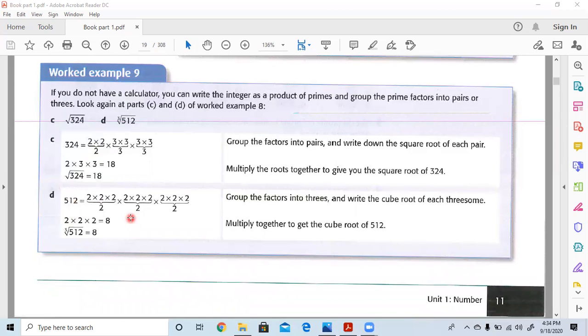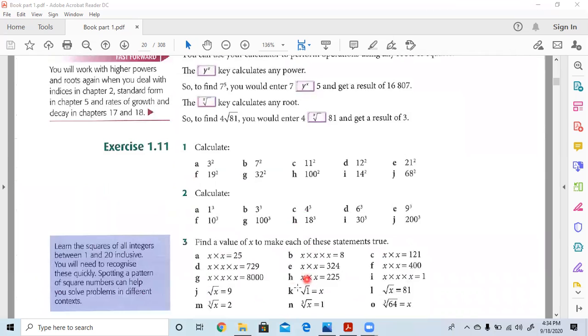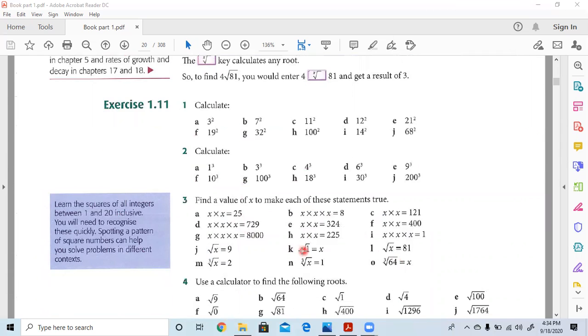Same situation is here. Because here is cube root, they just combine 3 to here, 3 to here, and 3 to here. So when they multiply with each other, like 2 multiplied by 4, 4 multiplied by 2 is 8, you also get your answer easily. So I hope all of you understand this exercise is so easy. You just write the answer simply.